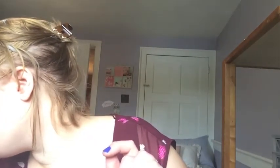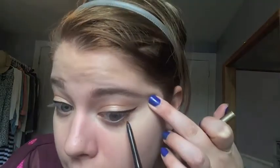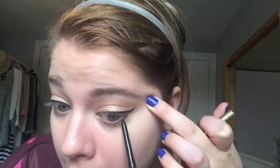Okay, so I am going to take a different liner and smudge some underneath of my lash line because I feel like I need a little bit more definition there. I'm using one of the Milani Easy liners in Espresso. I got this at the Dollar Tree, but I'm pretty sure that you can still get these in the stores too if your Dollar Tree doesn't have it. I'm just gonna smudge this